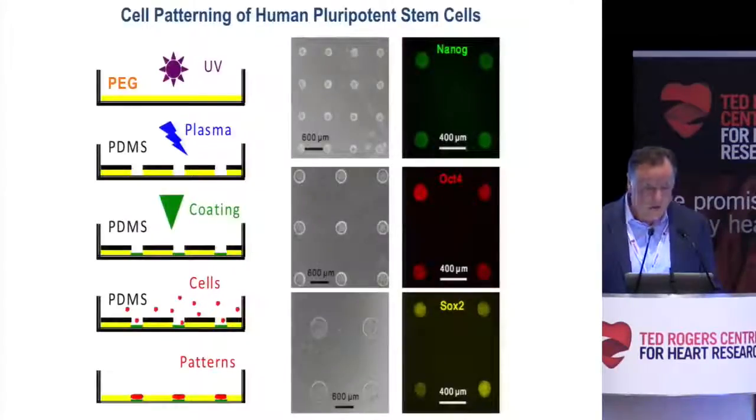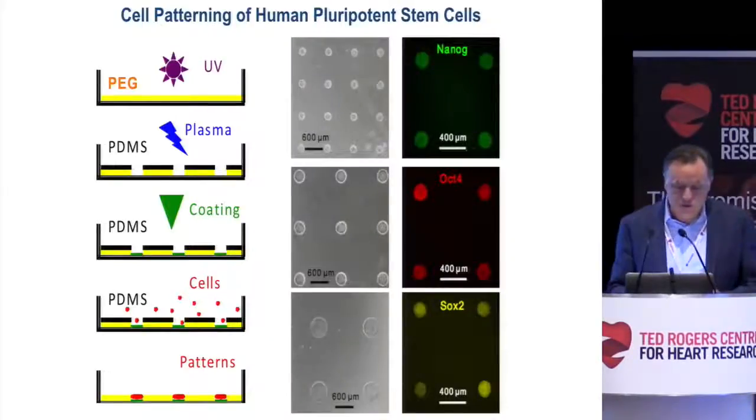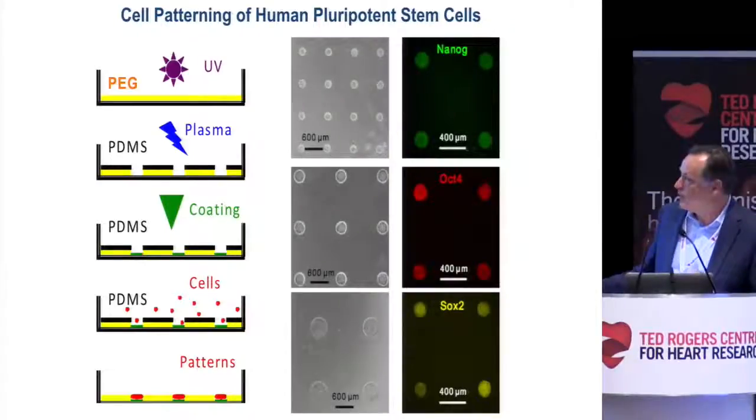It's work from colleagues, but we took that idea and said, okay, why don't we make a system in which we control regionally where cells are on the substrate surface. Chris Chen, myself, and many other groups have done this, including Peter Sansfer's group here. In this case, the only difference is we're doing this on a current plastic platform that you use for cell culture. We use a polyethylene glycol thin film.